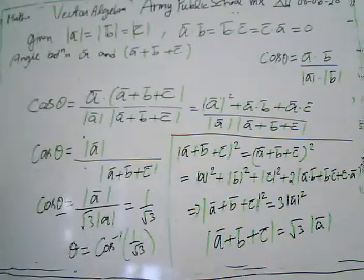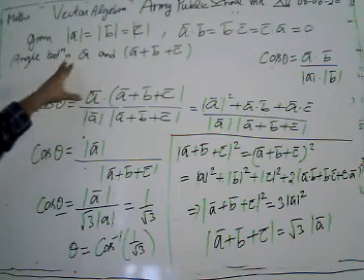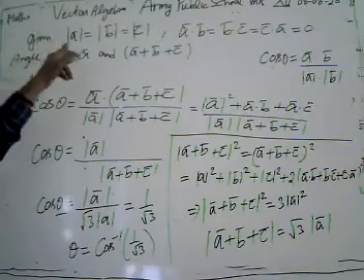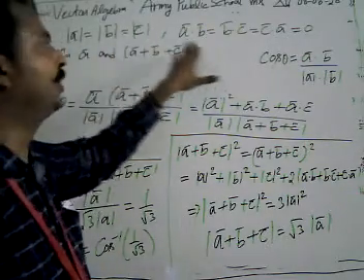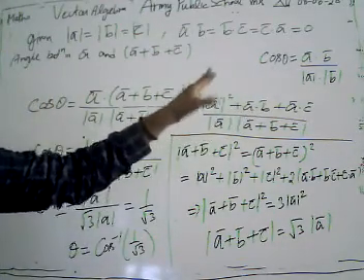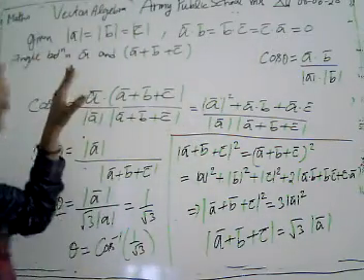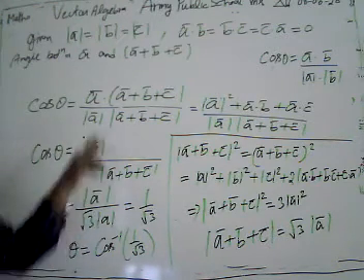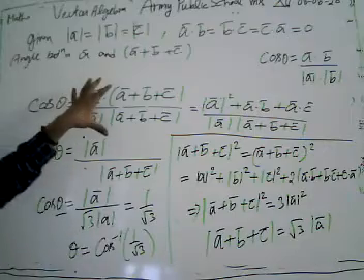Look again, let's take one revision of what is given. We have three vectors having the same magnitude, vector A, vector B and vector C. Also, these vectors are mutually perpendicular to each other. What is the meaning of mutually perpendicular? It means their dot product is 0. We have A dot B plus B dot C plus C dot A equal to 0. Now we have to find the angle between the vector A and the sum of the vectors A plus B plus C. How can we get the angle between these two vectors?